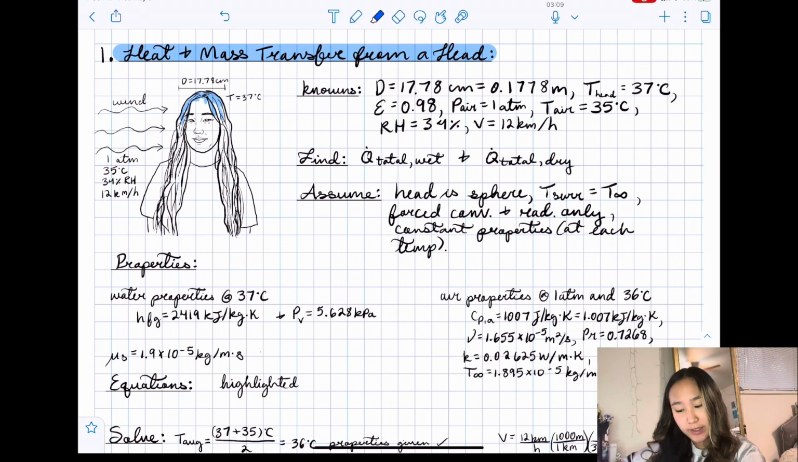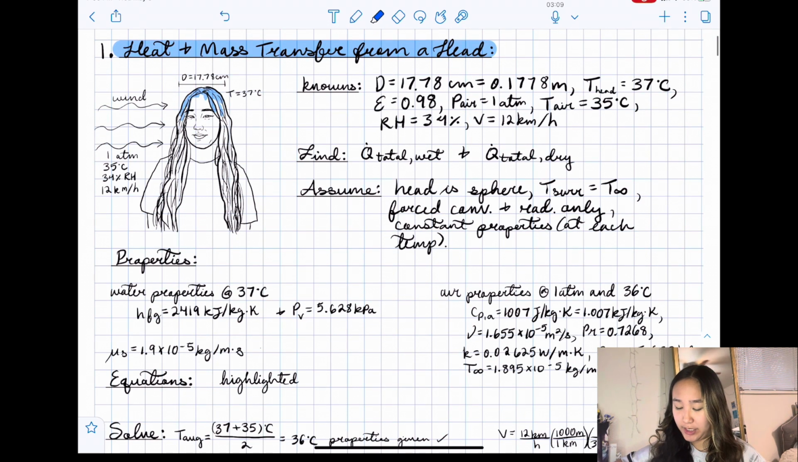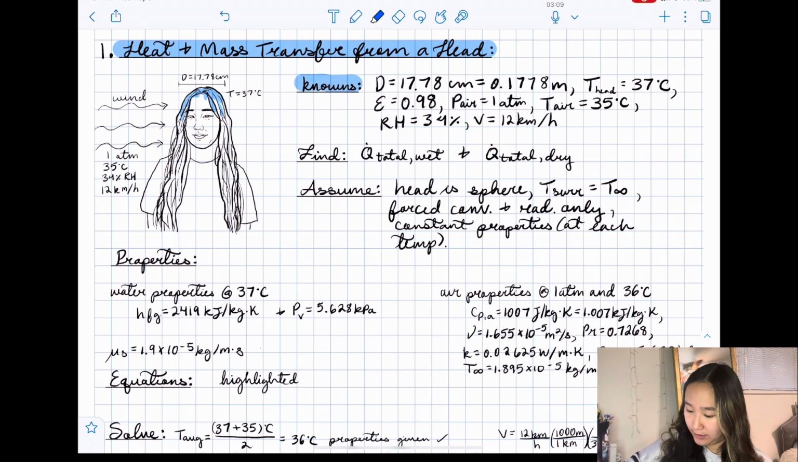So this first one involves someone whose head is wet and who is outside. So it's going to be heat and mass transfer, because you have the heat from the sun, and then you also have the evaporating water. So here are the knowns, and I asked to find the total heat transfer for the wet head and for a dry head. So my assumptions are,